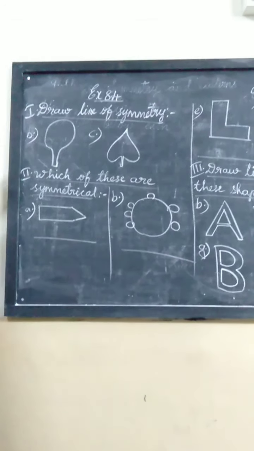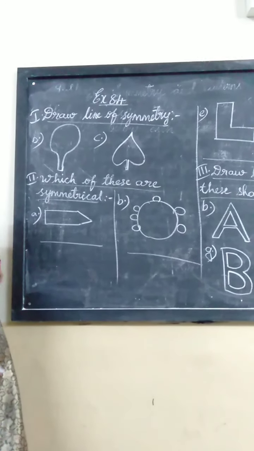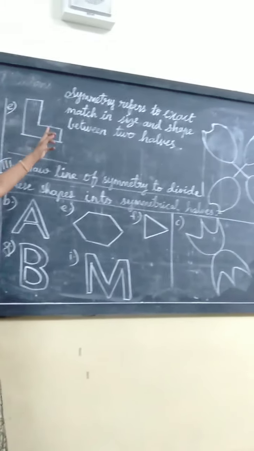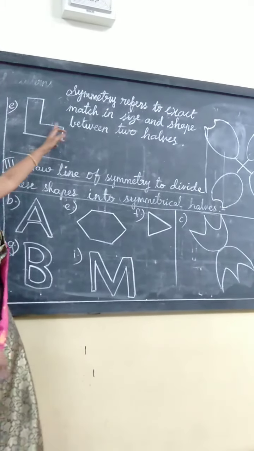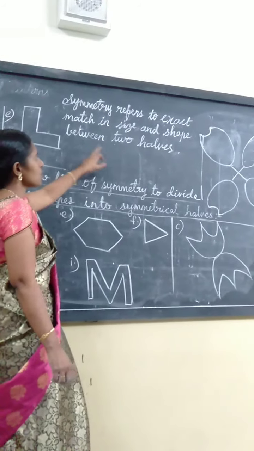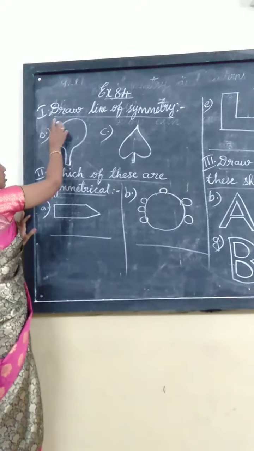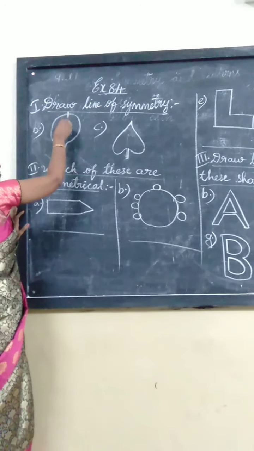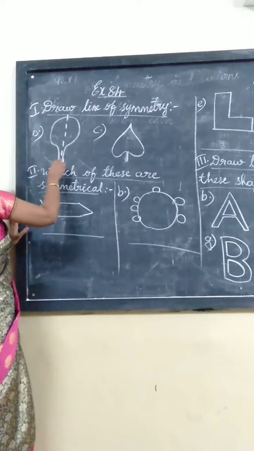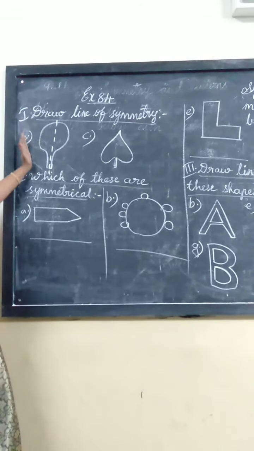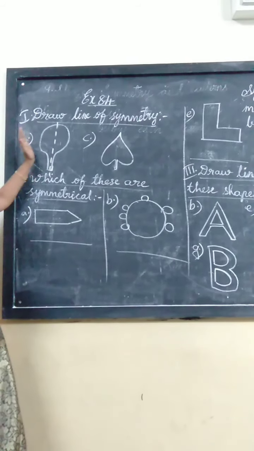Now we are going to see exercise 8.4, symmetry. The term symmetry refers to exact match in size and shape between 2 halves, parts, or anything, okay. Symmetry refers to exact match. See, draw line of symmetry. If you take this picture, if we draw the line of symmetry, both halves should match each other,